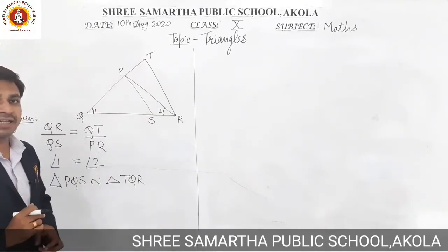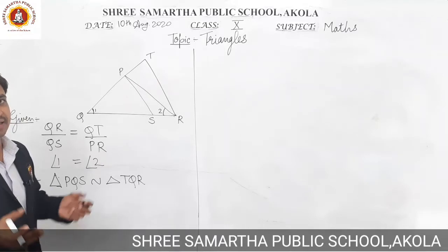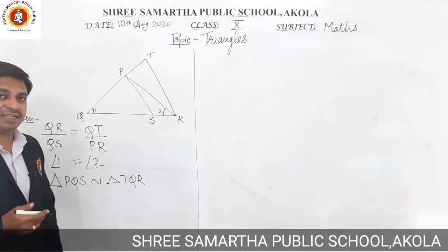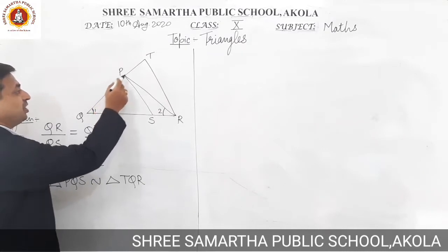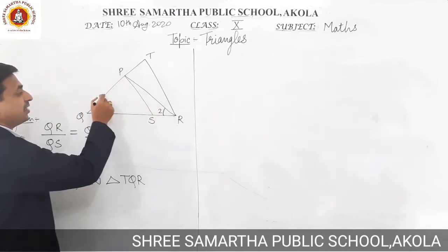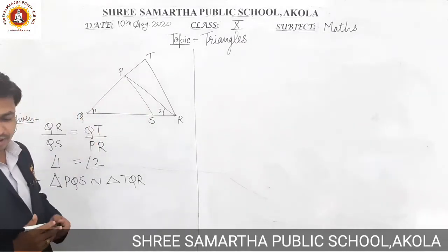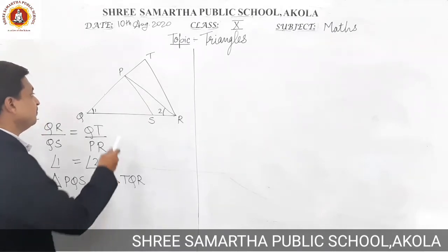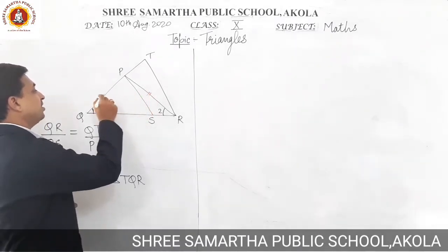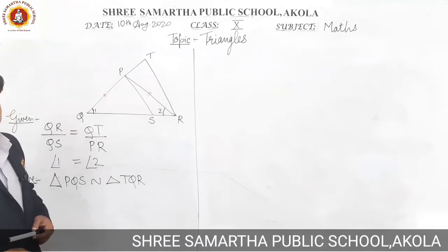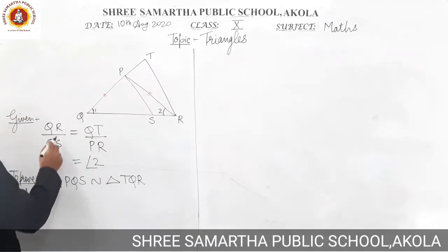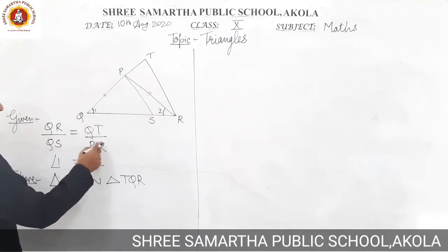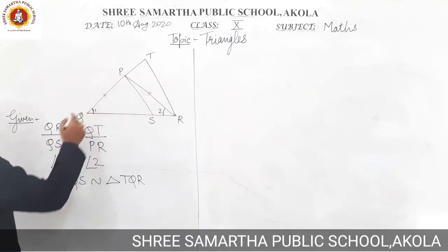If two base angles are equal, then it is an isosceles triangle. And if it is an isosceles triangle, therefore the sides opposite to these equal angles are equal. That is, PQ is equal to PR. This we will get. Means PR and this PQ will be equal. After that, dear students, we will replace this value of PR in this ratio by side PQ.